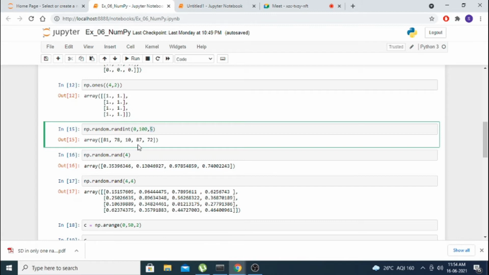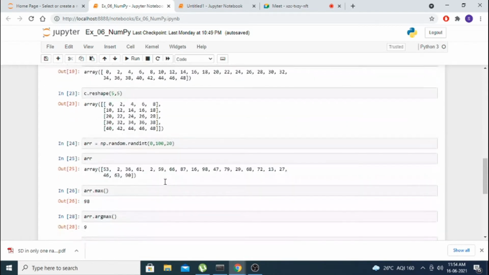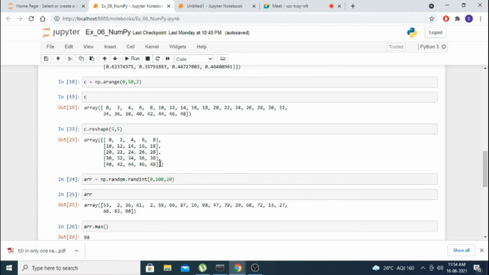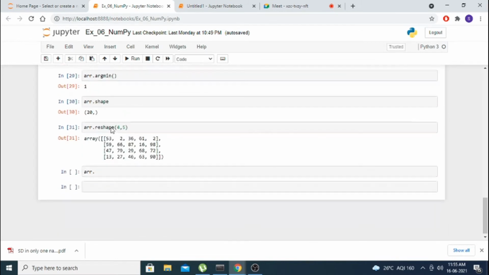But we want an integer value, so you have to give int. For example, you get a random number 0.87, multiply it by 100, and truncate the remaining part, and that gives an integer. That is the idea behind randint. Without int, using rand, it will give only decimal values, between 0 and 1. This thing I wanted to cover a little bit for you, along with reshape, argmax and all these things that we covered.